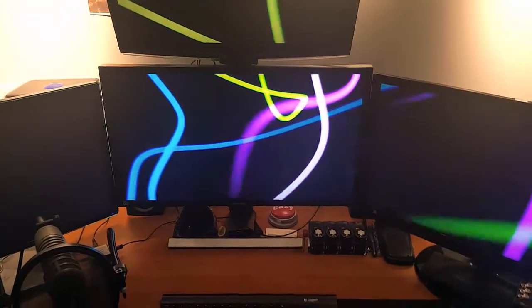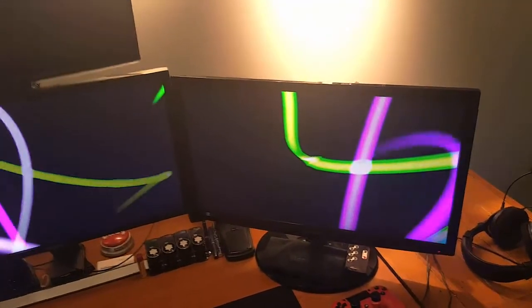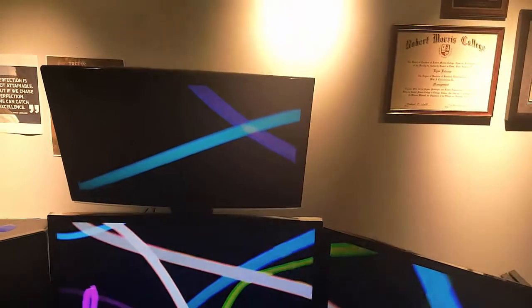I run a 4-display setup. The middle monitor is a 4K ultra high definition Samsung 28-inch monitor. On the left and on the right are 1080p 24-inch monitors, and on the top is actually a 23.7 inch, or something like that, 23.3. It's just under 24 inches. But it was the first monitor I got, and that monitor is mounted on a monitor arm that I got